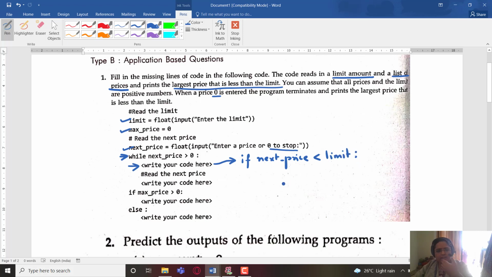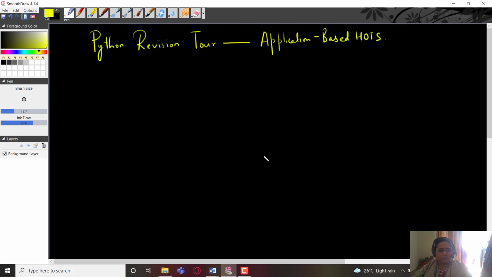Only then the next step has to be reached. Now what will be the next step? The next step will be to find out the maximum value. Now for finding the maximum value, we normally follow one method, that is we take a variable big and assign it as 0.